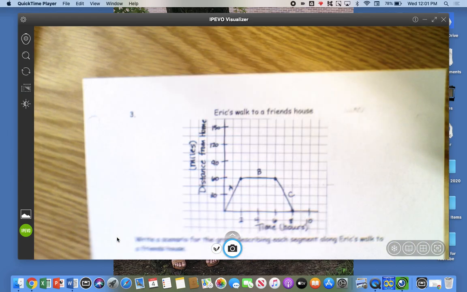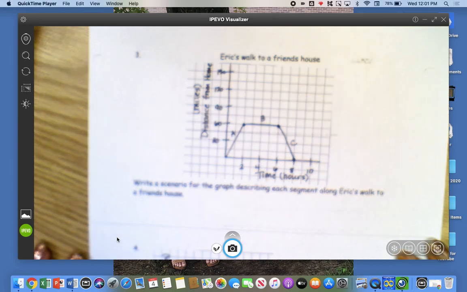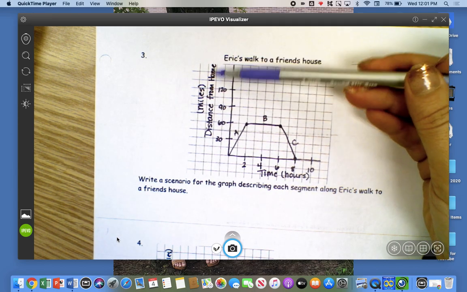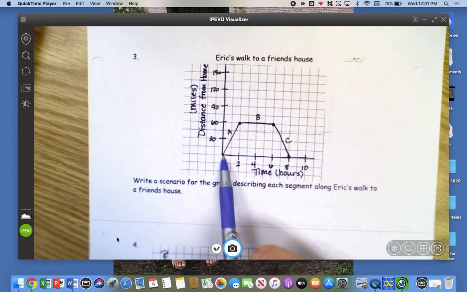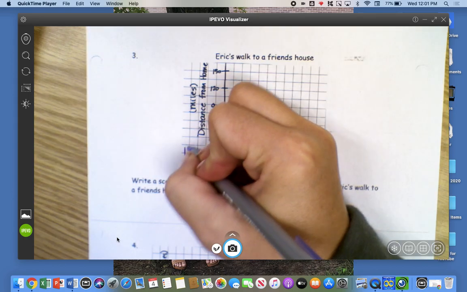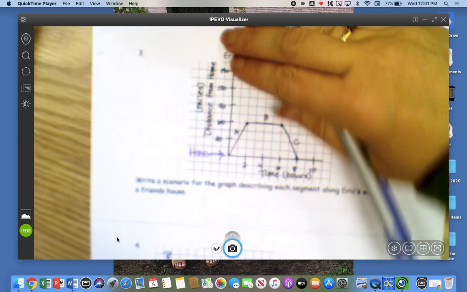All right, so I do have a couple more examples here. Let me get them all straight. All right, so we're walking to a friend's house. This time we're going back to comparing distance. This one is comparing distance from home. So at 0, if I am 0 miles from my house, on this line here, I am at home. Then the farther away I get from this line, the farther away I'm going